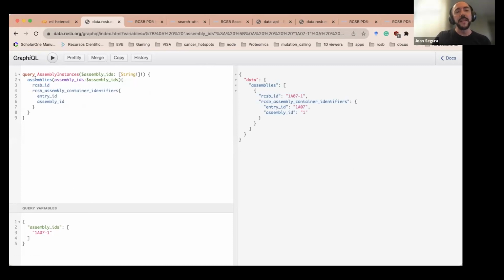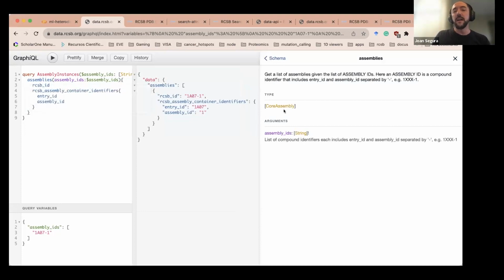The second line of the query points to the entry point, to the query itself. You can think about an entry point as a pointer to a particular collection in our database. In that case, our assembly collection, the collection that contains the information for the PDB assemblies. One of the really useful things of this tool is that you can Alt-click or Command-click in macOS, and you will be redirected to the documentation of the attribute or the query. So in that case, I am requesting assemblies, but what I want to highlight here is that all our collections will always expose RCSB ID, the identifier for any document. And these RCSB assembly container identifiers,